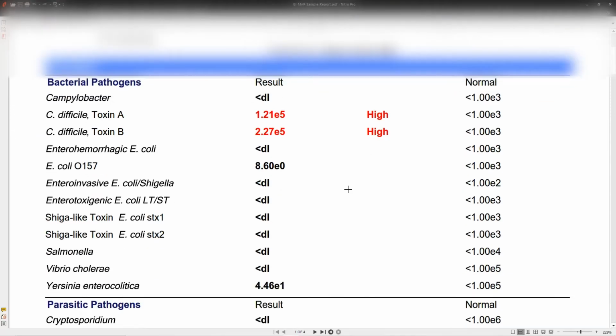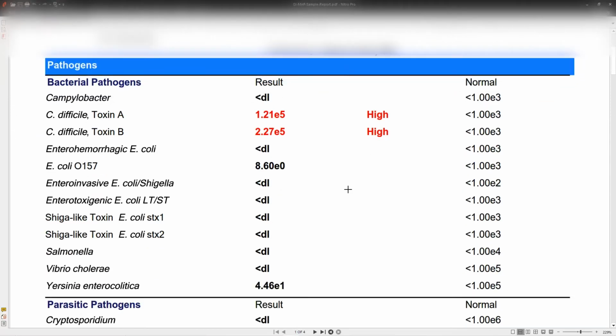Here is the report, and it gives us tons of details. Bacterial pathogens are the really bad, nasty bacteria that can actually cause acute gastrointestinal illness like diarrhea or vomiting, things of that sort. And up here, the worst bug imaginable that you never want to get is something that's called C. diff. In this example, this person has both toxin A and toxin B, and classically you'll get this from